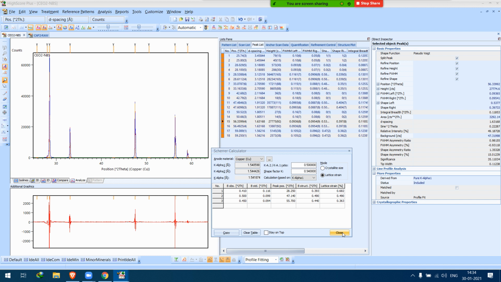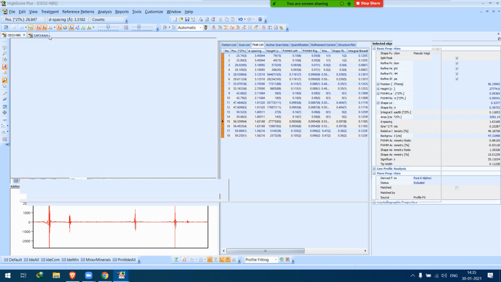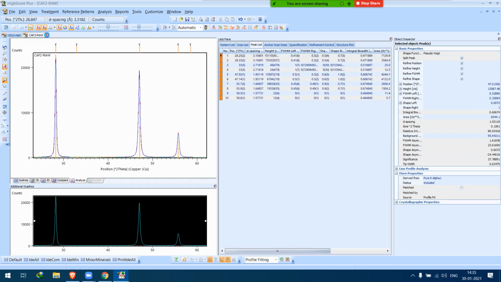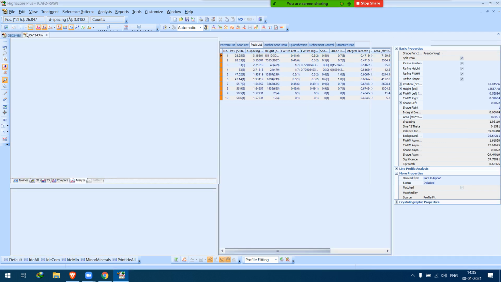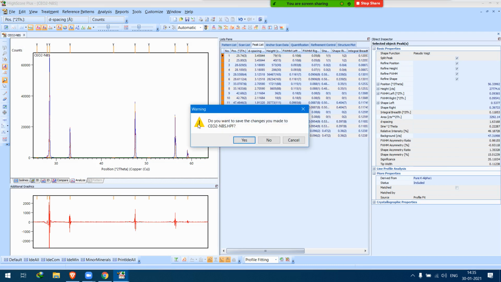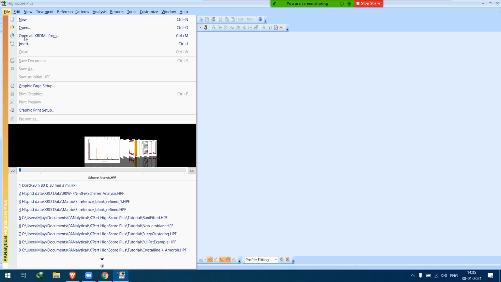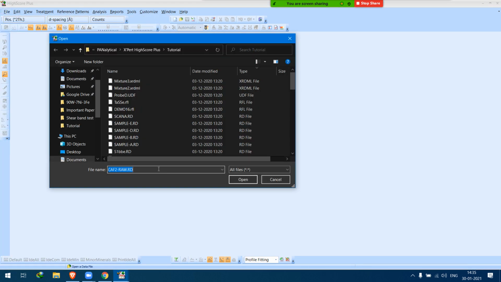And another method that we have is the Williamson Hall plot. For that, again you need a file which is having instrument information and one of the raw files. So what I'm going to do, I'm just going to close these two. Okay, I'm going to open the same file again.